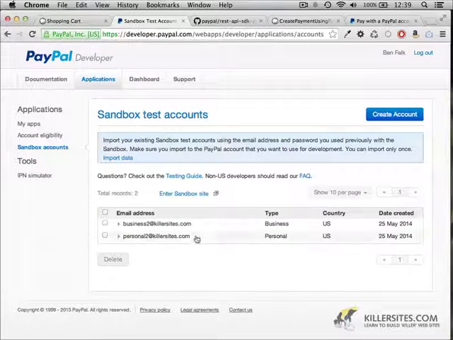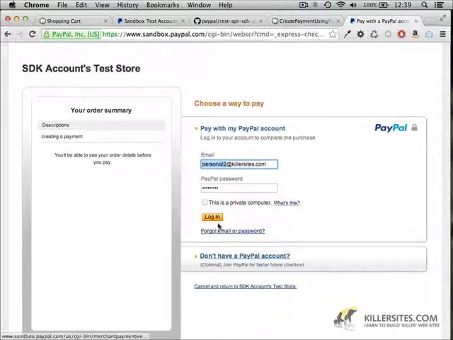Okay, so you'll notice I have my 2 Sandbox test accounts set up. I needed to remove them because I was doing some testing, and I re-added them, and it seems for some reason that I can't delete and then re-add the same exact email address, so I had to add a 2 at the end of them. So that's just why it's slightly different. But once I log in here,